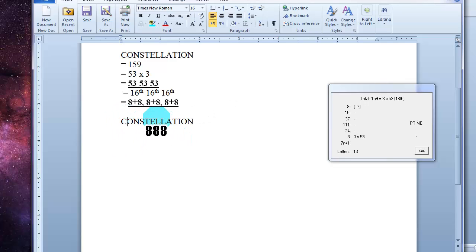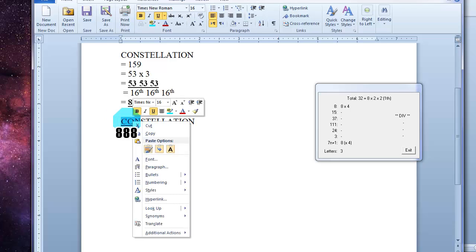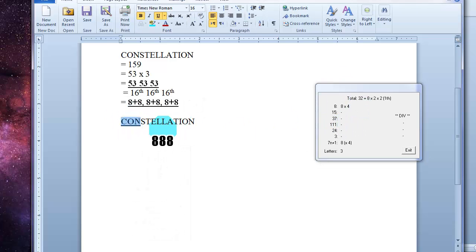So let's find as many subsets that make multiples of 8 in this word constellation as possible. It's so simple it's not even funny. Straight out of the bat, the first 3 letters, C-O-N, equals 32, 8 times 4, bang on the nose. Let's start writing these down so that we can get a list of all of the individual glories embedded in this word constellation. Now we've got an S and an E, which make 24, triple 8. Okay, SE equals 24, triple 8. The 2 L's together, common pair. They're like husband and wife. 2 12s make 24, triple 8. Okay, so right already we've got a quadruple 8, a triple 8, and a triple 8.